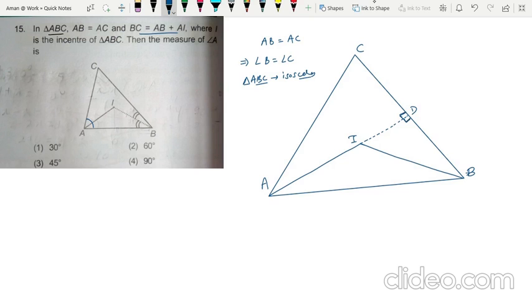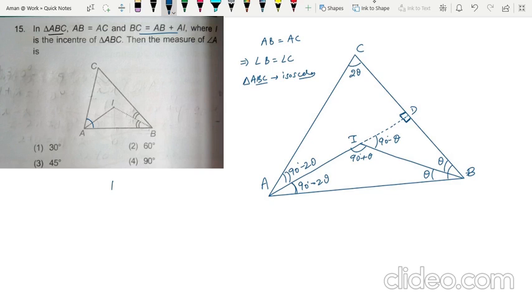If we take this angle as theta, this angle will also be theta, because BI is the angle bisector. This angle will become 90 degrees minus theta, so this angle will be 90 degrees plus theta. Angle C is equal to angle B, and angle B is 2 theta, so this is 2 theta. If this is 2 theta and this is 90, this angle will be 90 degrees minus 2 theta. Likewise, this is also 90 degrees minus 2 theta, because of the angle bisector.